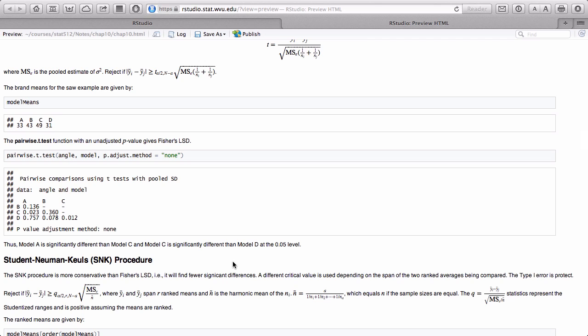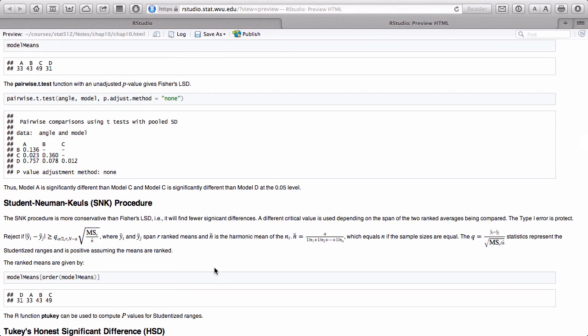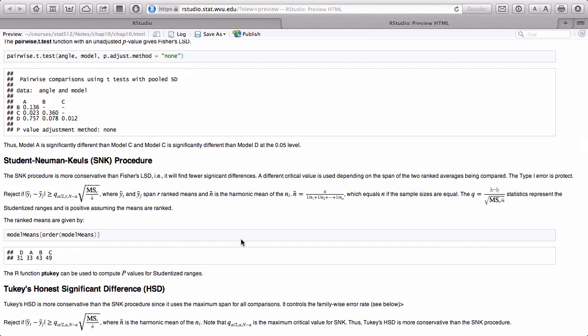And for example, the Student-Newman-Keuls, you could actually use the structure with the pairwise.t.test, or you could use not that per se, but there's something called pairwise.tables or pairwise.table. And that pairwise.table is what gives you that little table of the p-values, which I'll show you in a minute. So you could actually build up, and I've added a little bit on Student-Newman-Keuls. It turns out that there is a function called ptukey that lets you compute these, and right here I wrote it. The Q is the difference divided by